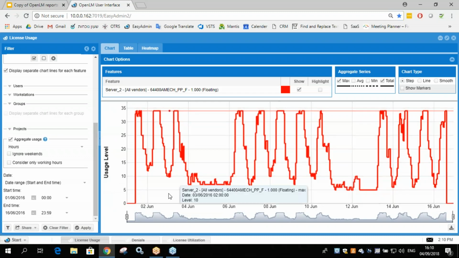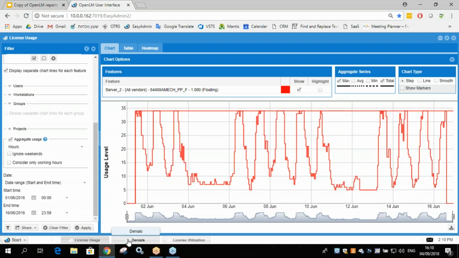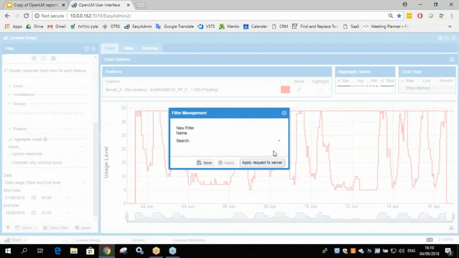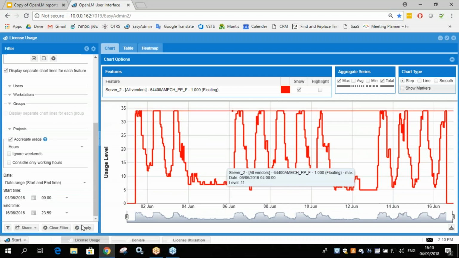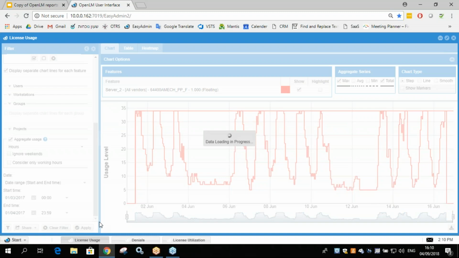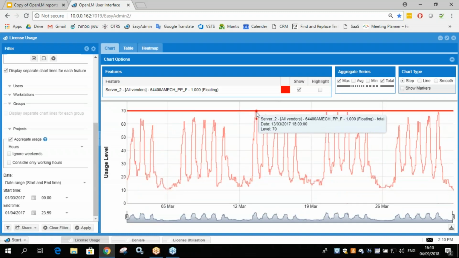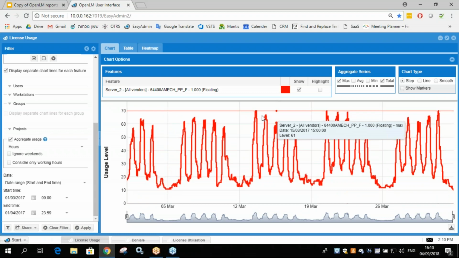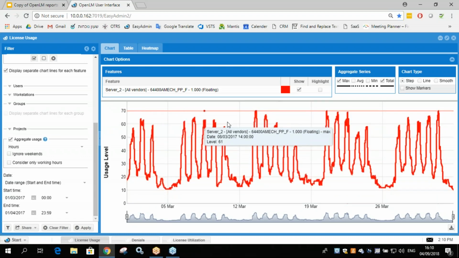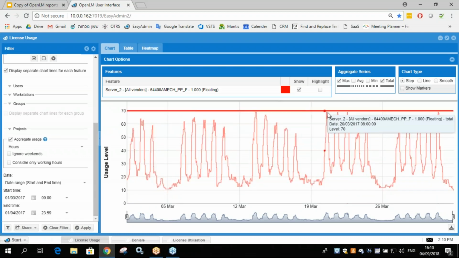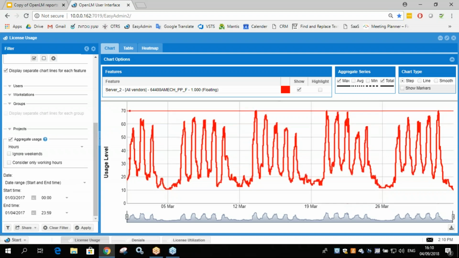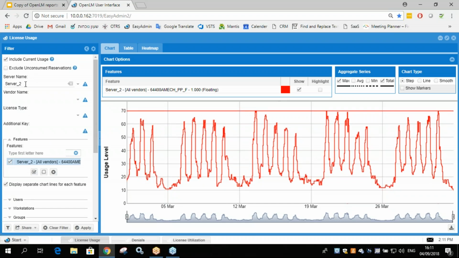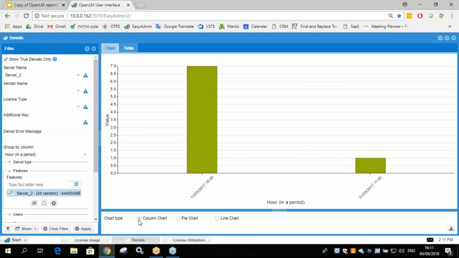Now, how can we connect this to something else? We can connect this to the denials report and know exactly how bad the situation is. So if we take a look at this pretty much healthy license that's pretty close to the license quantity, but not a lot of maxing out. If we take a look at this graph, we see that it's pretty close, but it's maxing out on the 13th, on the 20th, and on the 31st. So if we take the same time span for the same feature, for the same server, and put it in the denials report,